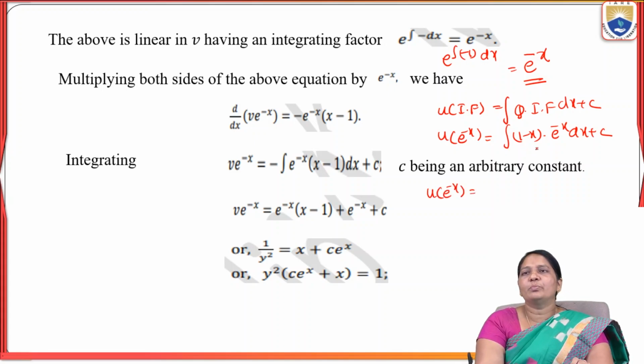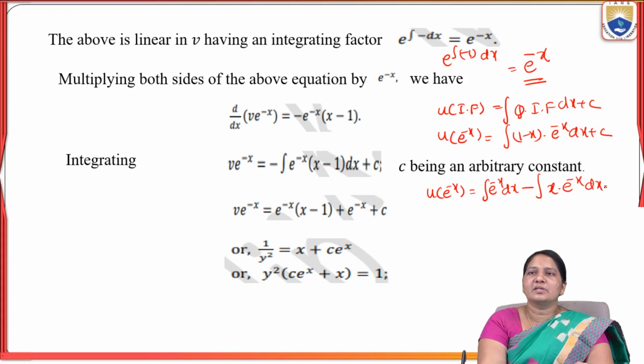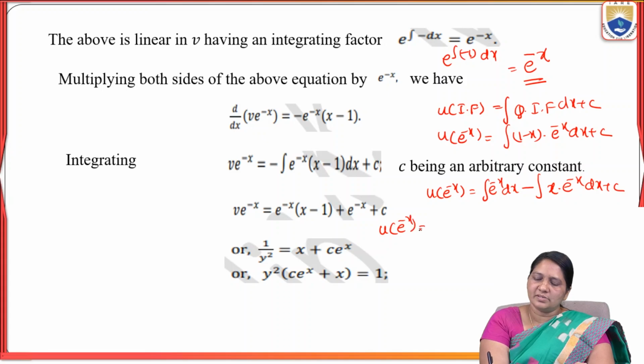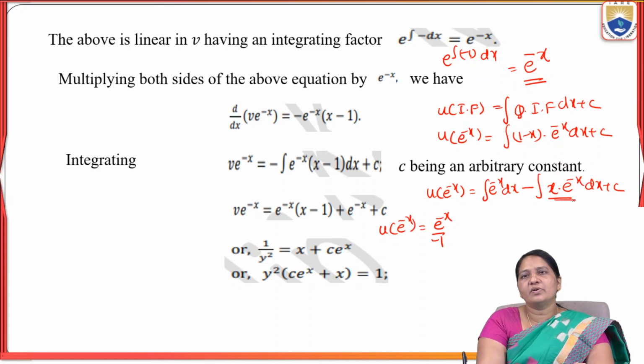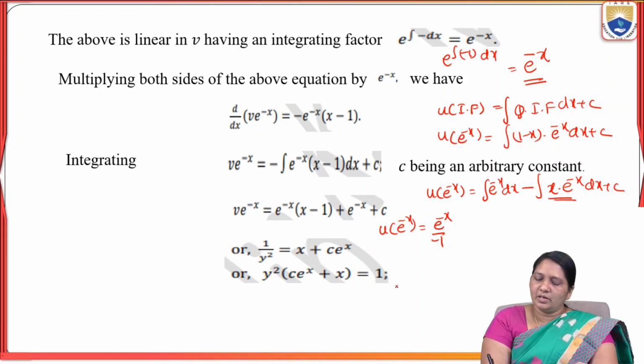So now v into e power minus x. So here I am going to multiply with the constant. So this is integral e power minus x dx minus integral x into e power minus x dx plus c. So finally this is v into e power minus x equal to integral e power minus x is e power minus x by minus 1. And here for this value we are going to use the integral by parts. So that's why separately I am calculating here integral